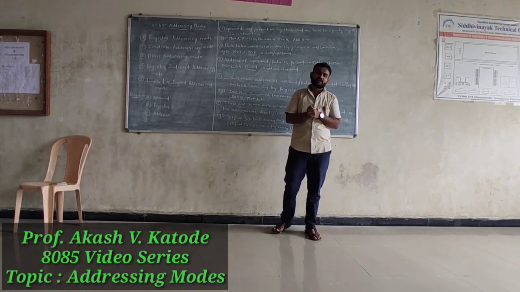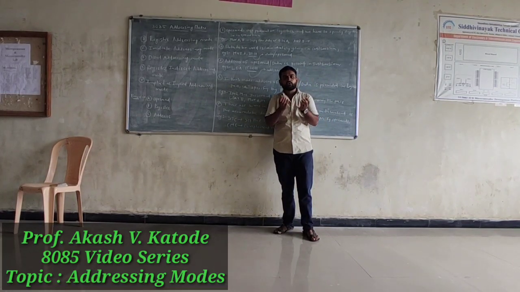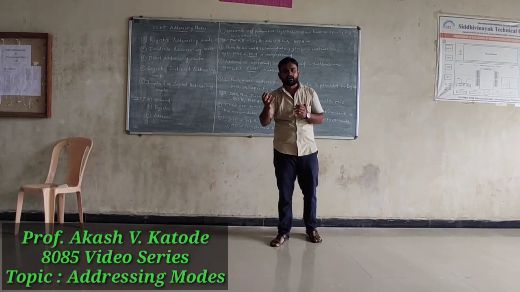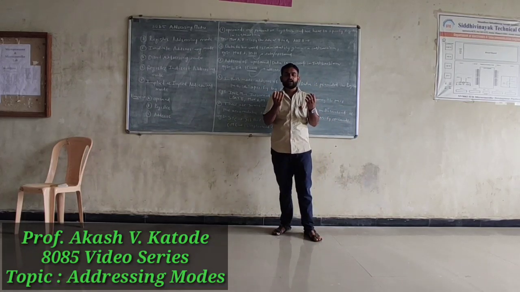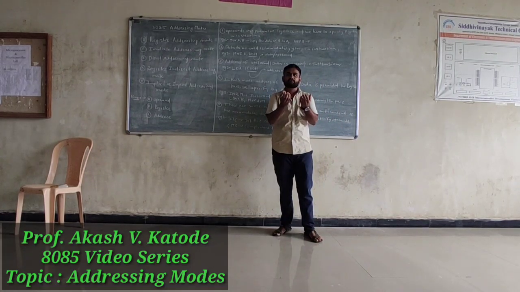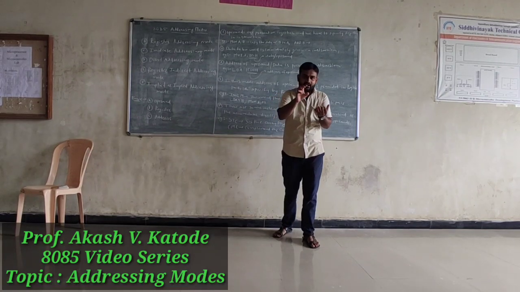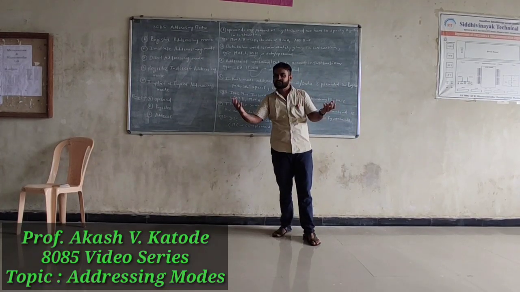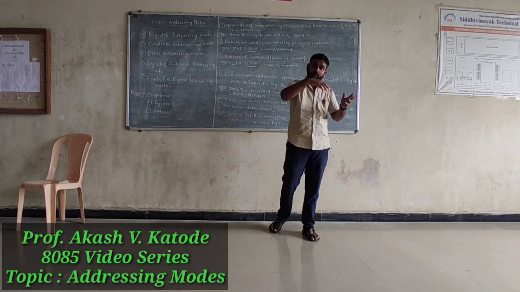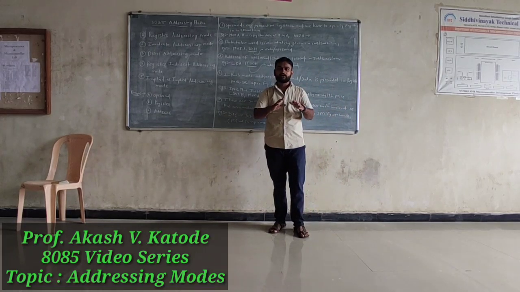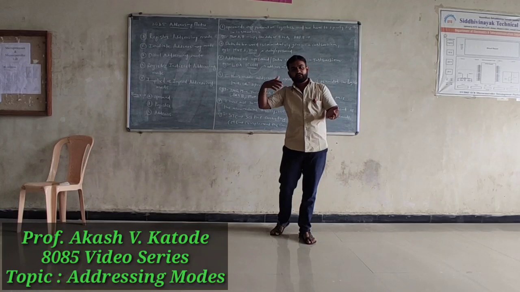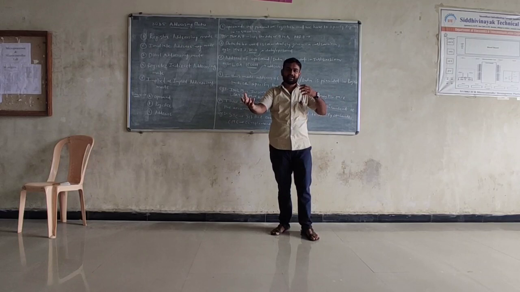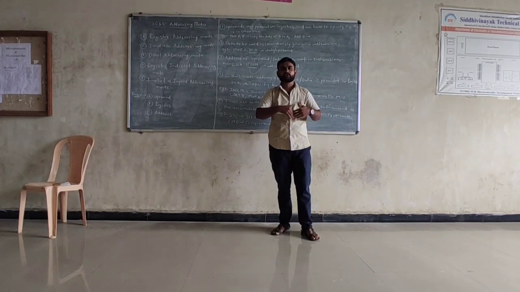We have to learn the addressing modes to know how data flows in the architecture. What does it mean? Sometimes we have to access data from memory. Sometimes the address is specified in a register, and we have to specify that register in the instruction; that is one mode. Sometimes inside the instruction we provide the data directly; that is another mode of addressing. Sometimes the address of an operand or data is present inside the instruction; that is also an addressing mode.